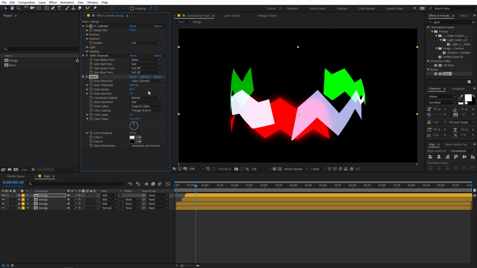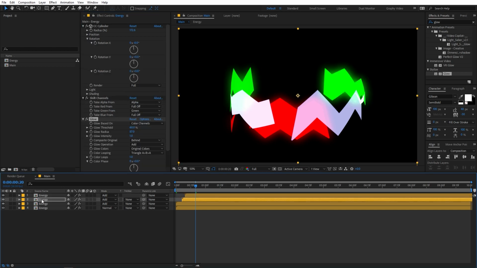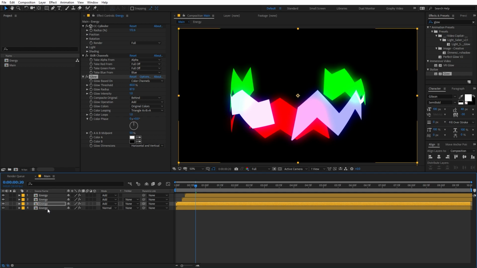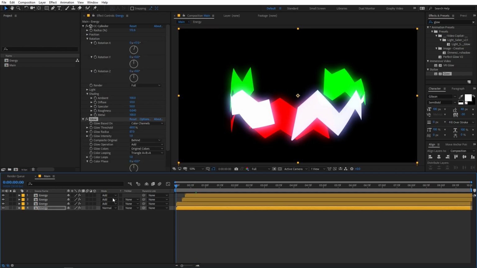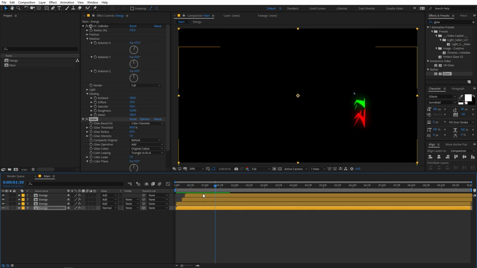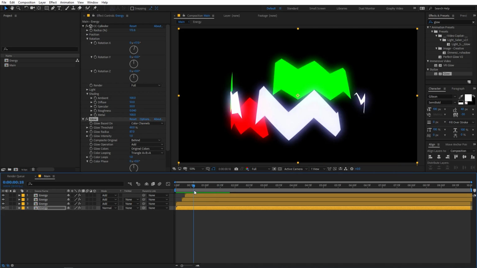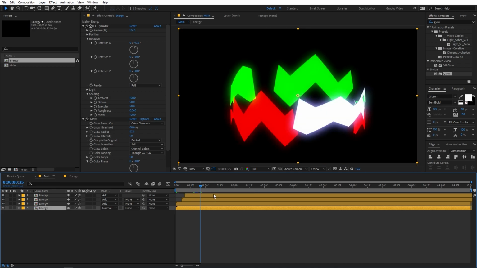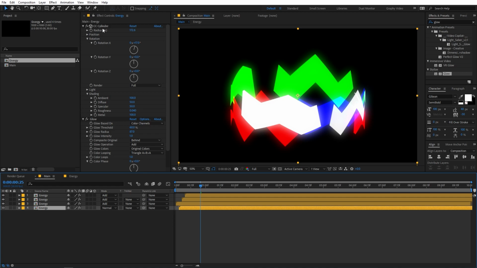And now let's just play around with the settings. So you can increase the radius. And let's quickly copy this and paste it onto the other layers as well. So we are not able to see the blue one because we have the white color as well. So I'm going to quickly offset this and let me just quickly place it on top of all of these.